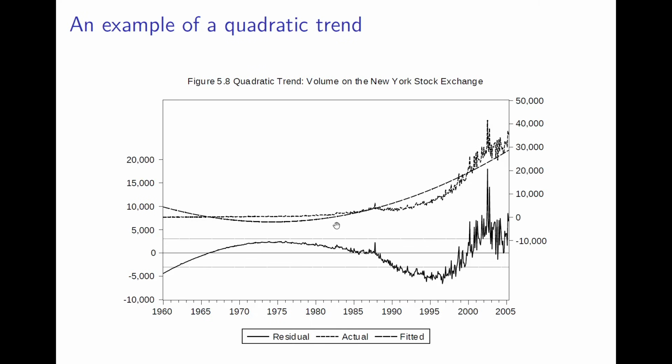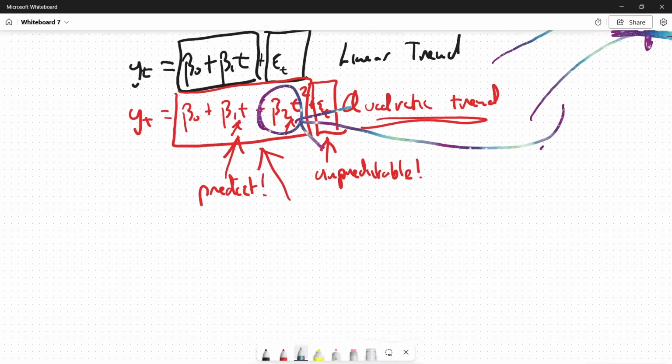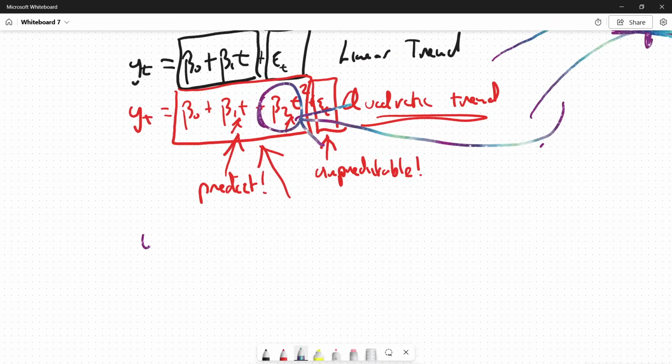Sometimes statistics or applied statistics is just a long, long list of things not to do. Let me show you all of the bad examples for why this doesn't work, and then you'll be able to identify, if you have a similar example, whether it's working or not, because it will fail in the same ways. The big warning here is about higher order polynomials. You might say, well, the linear trend and the quadratic trend are not good enough, so let's do something stylish